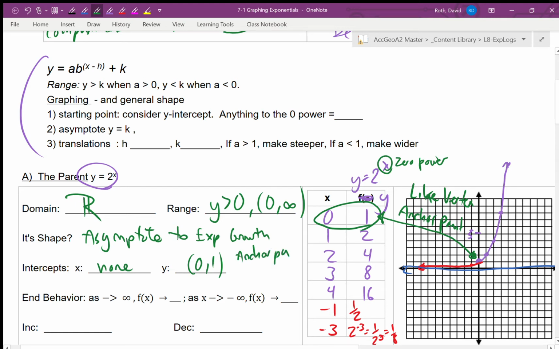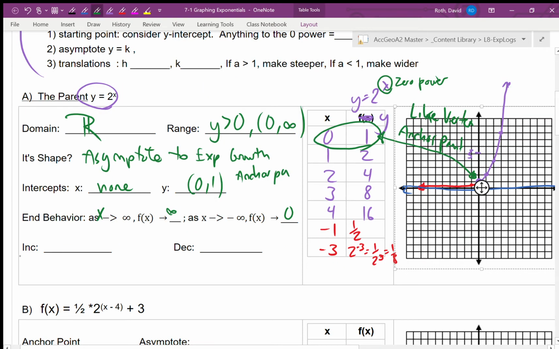Okay, fine. As x goes to infinity, f of x, in this case it's really y since it's y equals the x function, but anyway, y goes to infinity. As x goes to negative infinity, f of x goes to 0, my asymptote on that one side. Increasing. Remember the definition? The domain where I have a positive slope. Hope you haven't forgotten that one yet. The domain where I have a positive slope is all real numbers. And therefore, there are no negative slopes in this one, so null set. I'll use the null set.